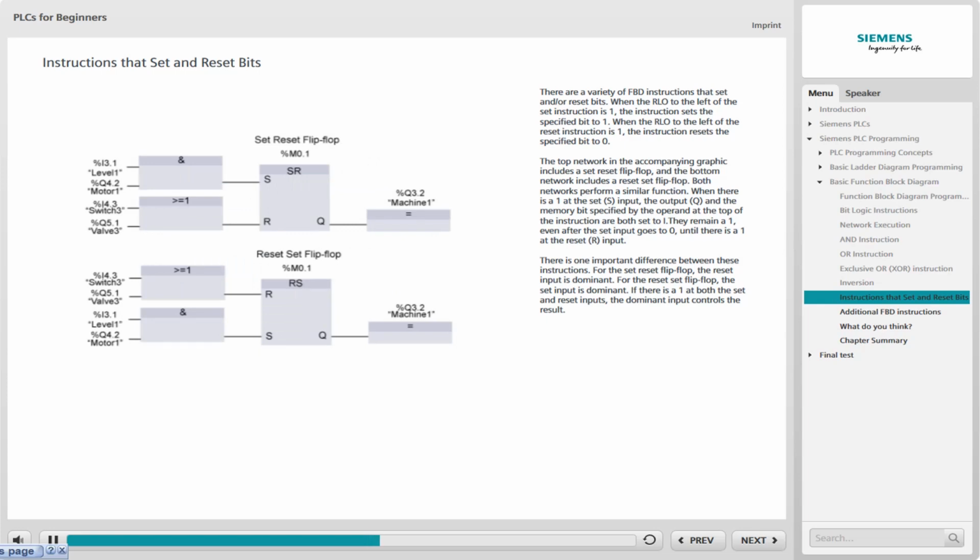The accompanying graphic shows 2 other instructions that set and reset bits. The top network includes a set-reset flip-flop, and the bottom network includes a reset-set flip-flop. Both networks perform a similar function. When there is a 1 at the set S input, the output Q and the memory bit specified by the operand at the top of the instruction are both set to 1. They remain a 1 even after the set input goes to 0 until there's a 1 at the reset R